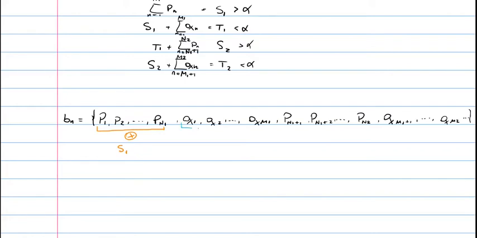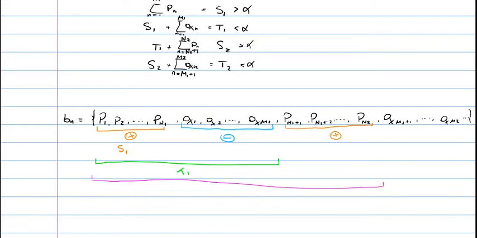Then we have all these numbers, these are all negative numbers, and the sum of these two will give us T1. Then we have again all these positive numbers, and when we add those positive numbers to T1 we have S2,